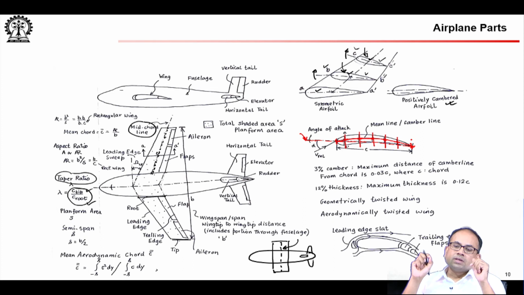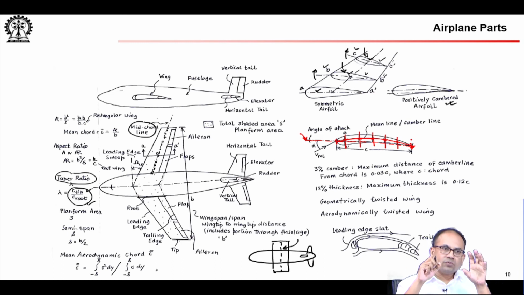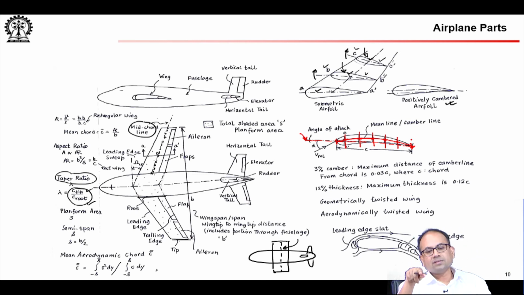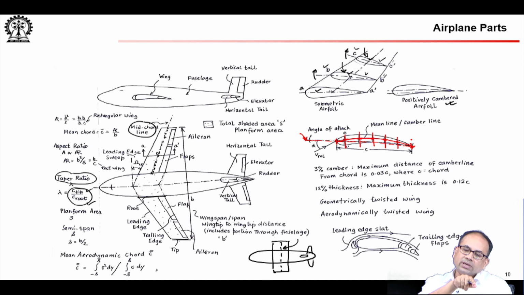cross section. Sometimes finding the leading edge point becomes a bit tricky, but nonetheless there are ways in which, if you have a cambered airfoil with a difficult to find leading edge point where you will draw the chord, what you do is you find a circle of the smallest radius that can fit into the contour of the front part, and then you use the center of that circle, join it to the trailing edge and extend it. But in most cases you will be able to find the leading edge, and just joining the trailing edge with the leading edge point gives you the chord.